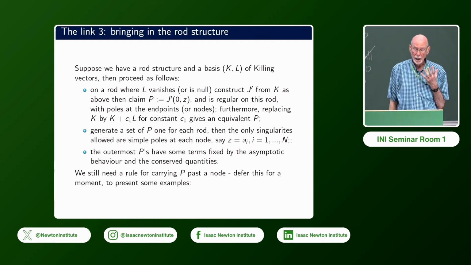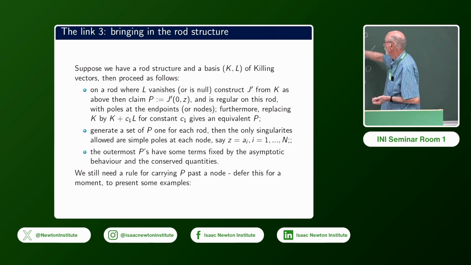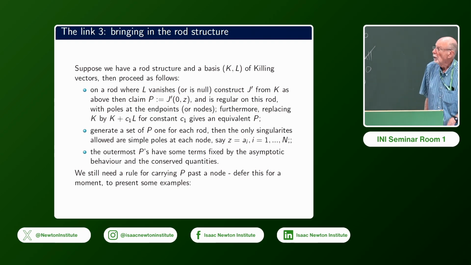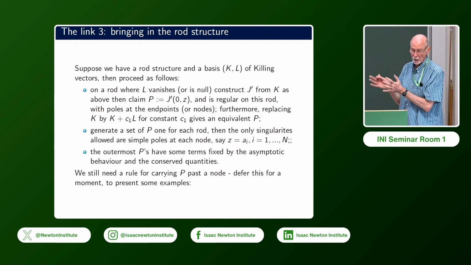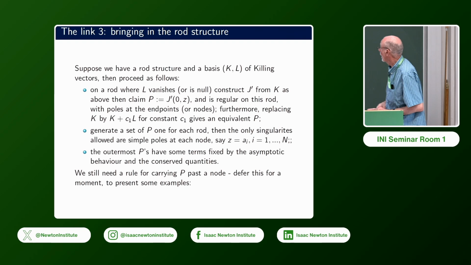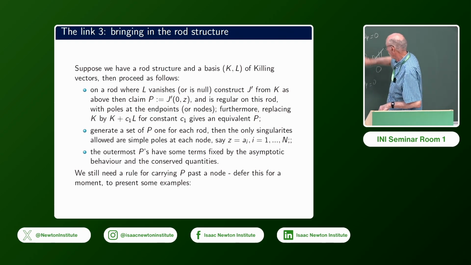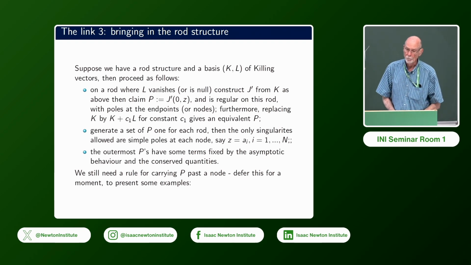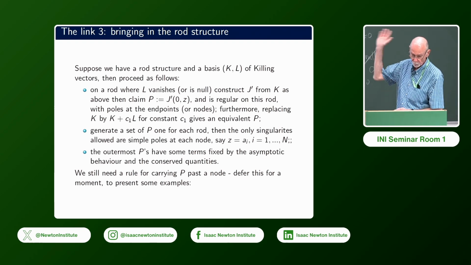And what about if it had poles at a complex value of Z, because we're running up and down here, Z is actually real. Well, if P had a pole at a complex value of Z, it would mess up the splitting again and give you a space-time singularity. So your P, one thing you know for sure, is that it can only have poles at the nodes, okay? And then the outermost P's, well, they've got some parts of them fixed because you've got to have your asymptotic